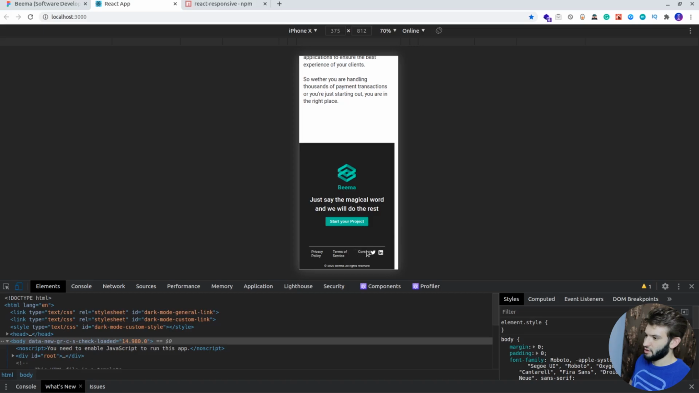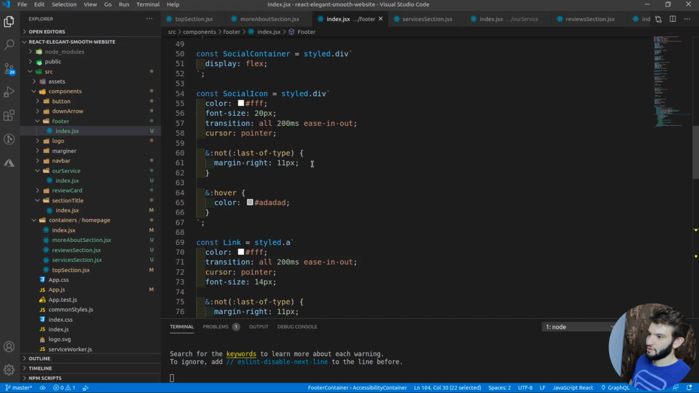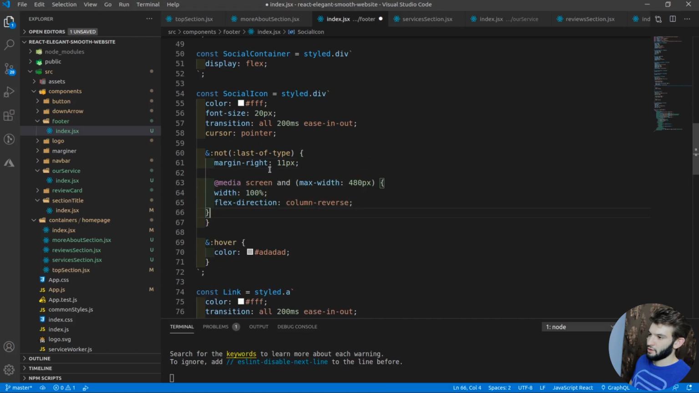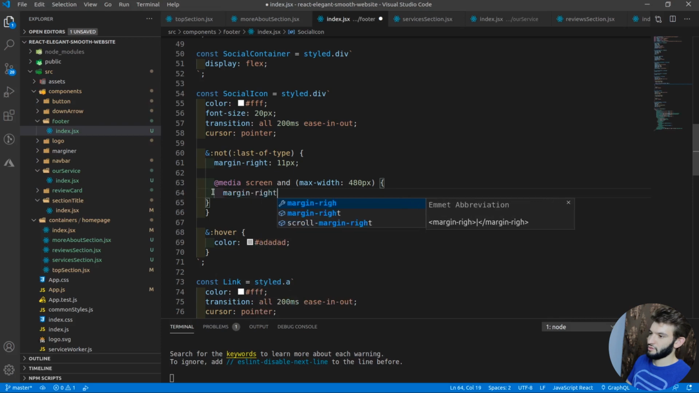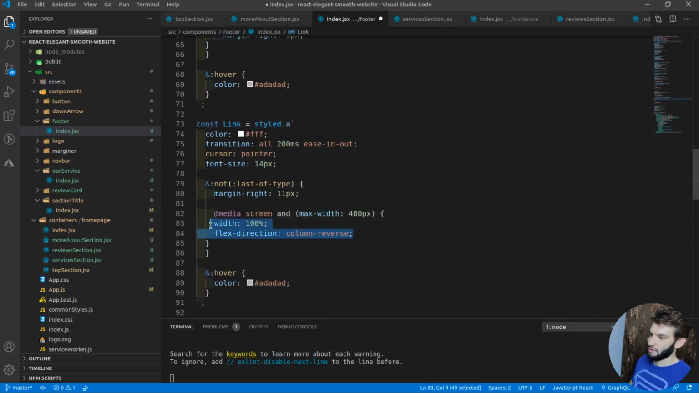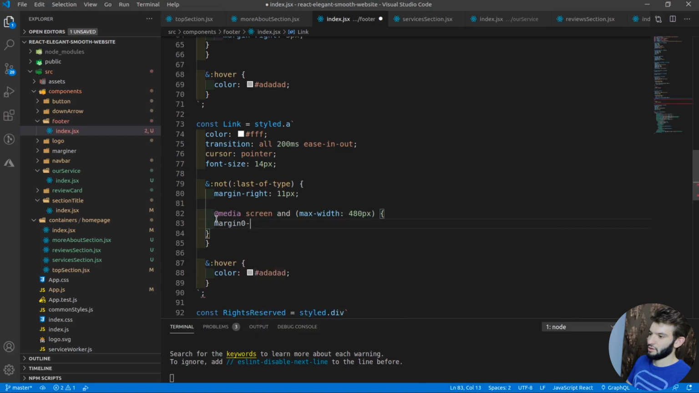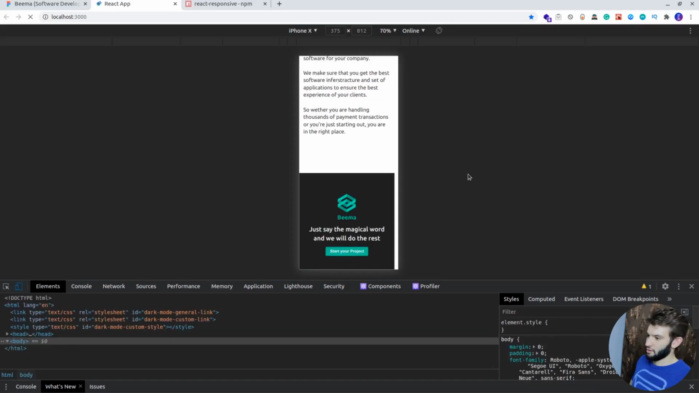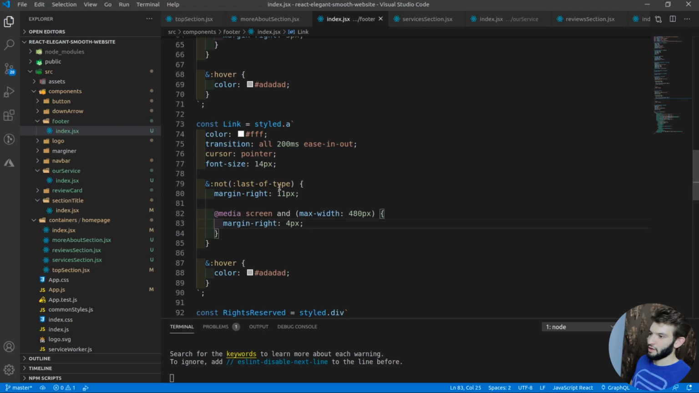I can just decrease the size of the margin between these, so we can have definitely less margin. So let me just set margin right to about 3 pixels, as well as with the links. So here we can change that again. So margin right, let's go with 4 pixels. I think it's way much better. As well, we want to decrease, let's see, also we want to decrease some,